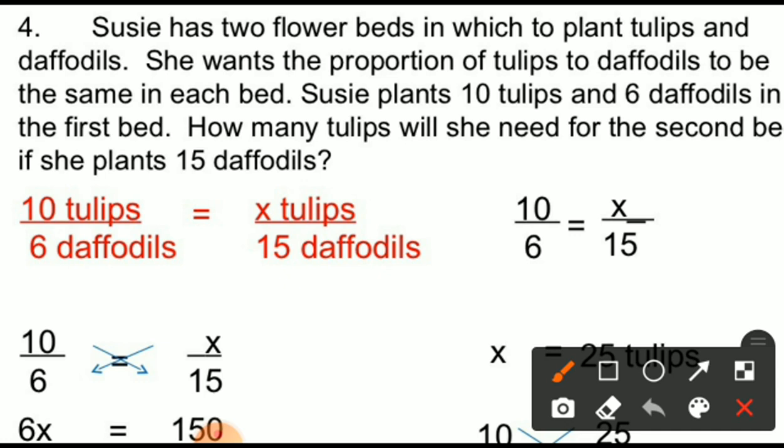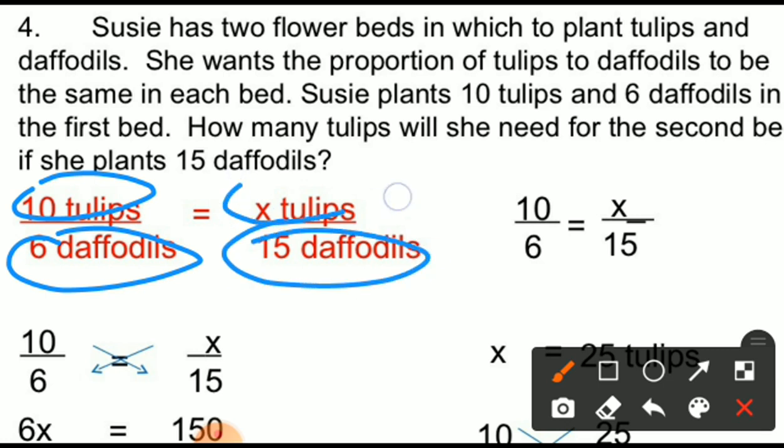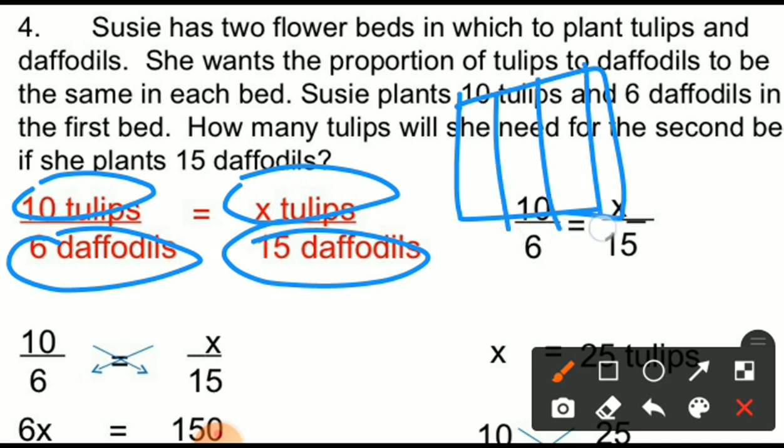मान लो कि ये फ्लावर 10 है, उसके हिसाब से वो कितना लगाता है? 6 डेफोडिल्स लगाते हैं. सपोज 6 की जगह पे वो 15 डेफोडिल लगाता है तो उसके ऊपर टुलिप्स कितने लगेंगे वो फाइंड आउट करने का है. क्वेश्चन में ऐसा कुछ दिया है. फ्लावर बेड मीन्स मान लो कि आपके पास ये फील्ड है, आपका कोई खेतर है, उसमें आप ऐसे ऐसे करके डालते ना, अलग अलग पार्ट करके डालते. इसमें ये डाला, इसमें दूसरा डाला, तीसरा डाला, तो एक बेड होता है.